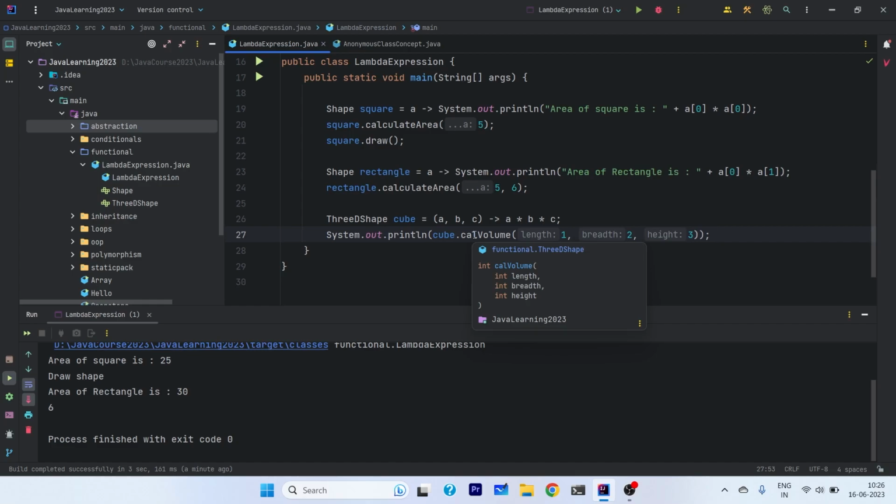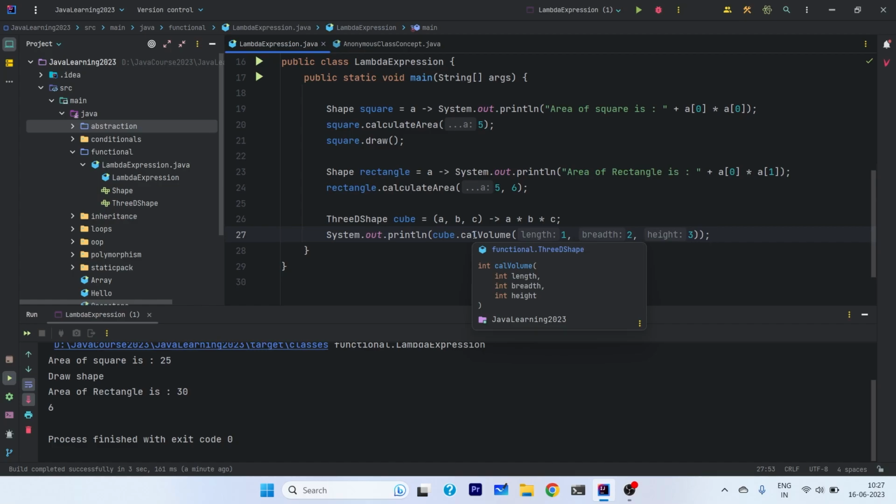Max 1 line of code, very good. 2 lines of code, okay. More than that, you should think about whether you should actually use a lambda expression, or you should go for a concrete implementation or use an anonymous class. Okay, because lambda expressions are meant to be concise. If you write lots of lines of code inside the lambda expression, then it will again become verbose,